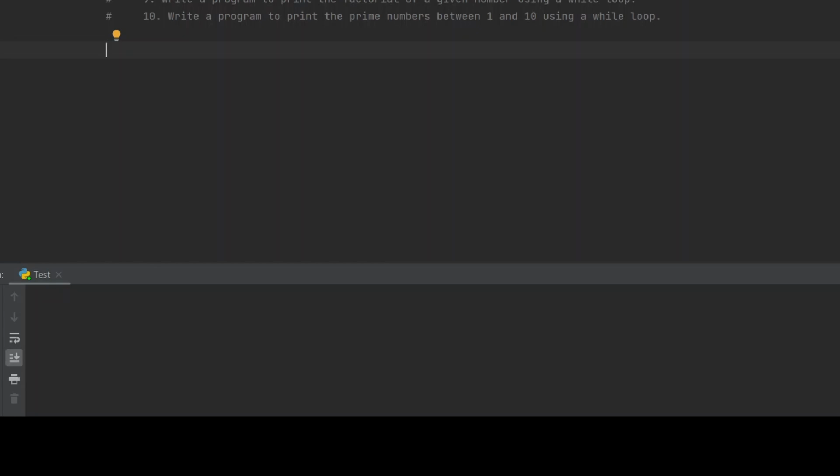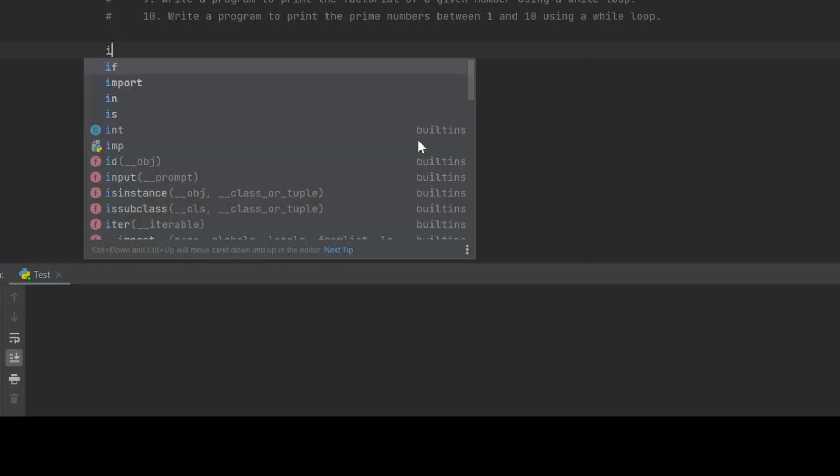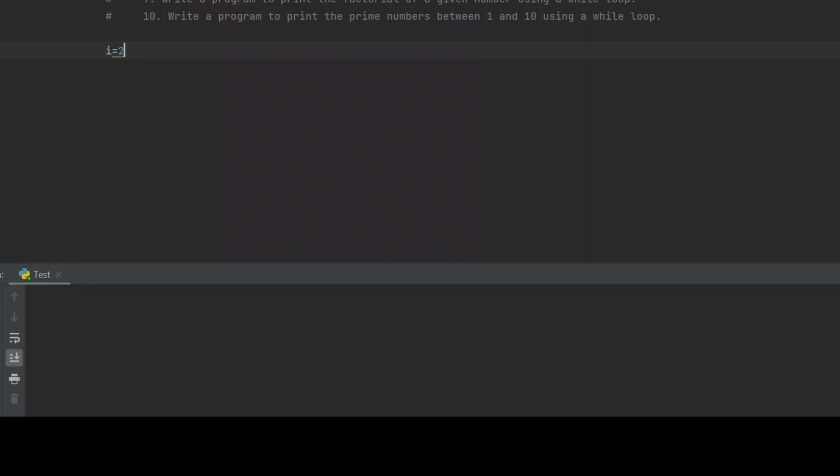So the last program in the series to practice the while loop is going to be to print the prime numbers between 1 and 10 using a while loop. For a number to qualify as a prime number, it should be divisible by 1 and itself. Obviously, 1 is not a prime number, so your range of numbers to be tested between 1 and 10 should start between 2 and 10. So I'm going to use I variable, going to initialize it with 2,